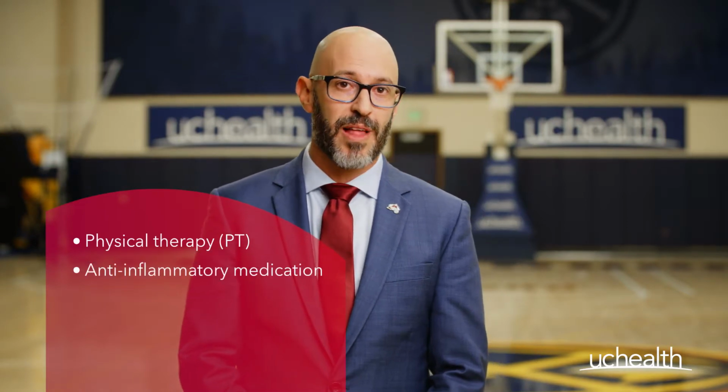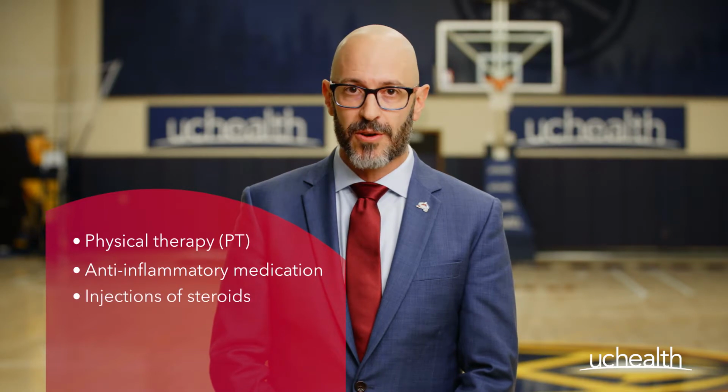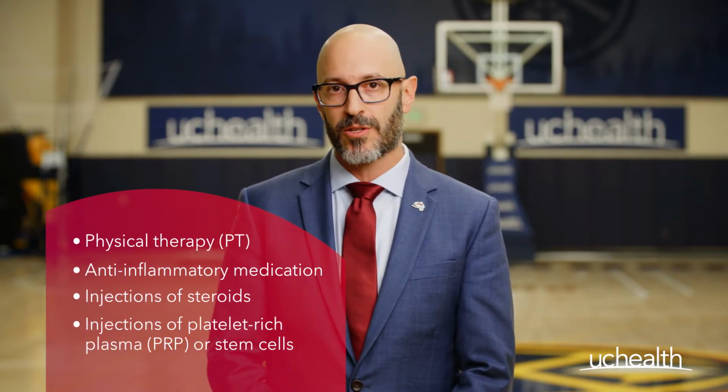For these more common causes, such as osteoarthritis, our first line of treatment is often physical therapy and anti-inflammatory medications such as ibuprofen. We may also add injections of steroids or biologics like platelet-rich plasma or stem cells to the treatment plan. Physical therapy, anti-inflammatories, and injections are typically very effective, and in some cases we may also be able to perform an arthroscopy, which is a minimally invasive surgery, to clean up the torn tissue in the joint and to help